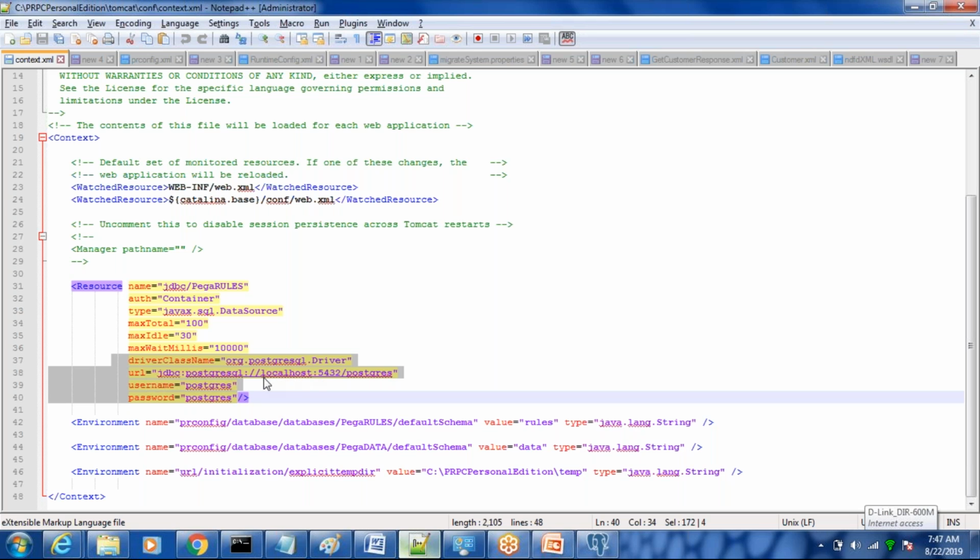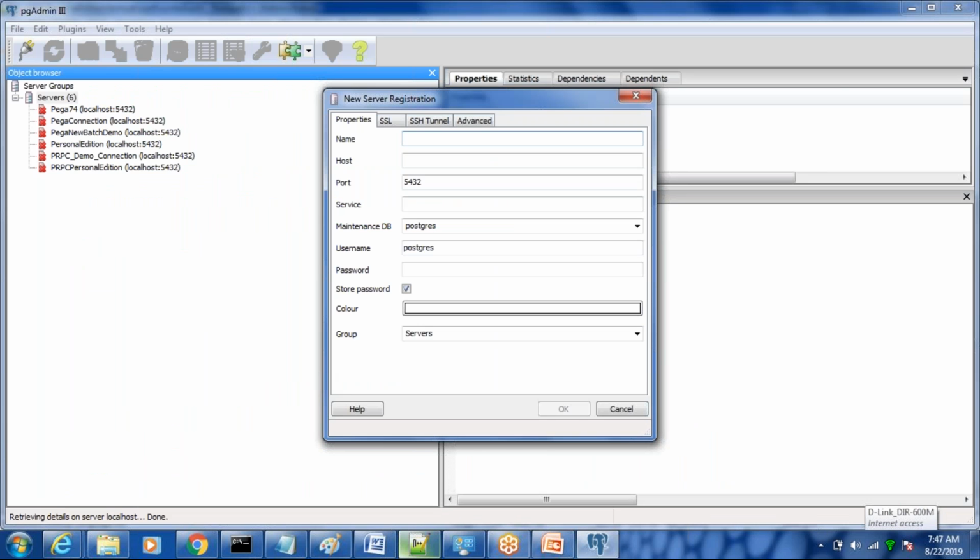Since this is installed locally, it has the IP address localhost. In general, there will be some IP address for the database, and that is what we have to take. The port number is 5432, which is the default for Postgres, so we can go with it.